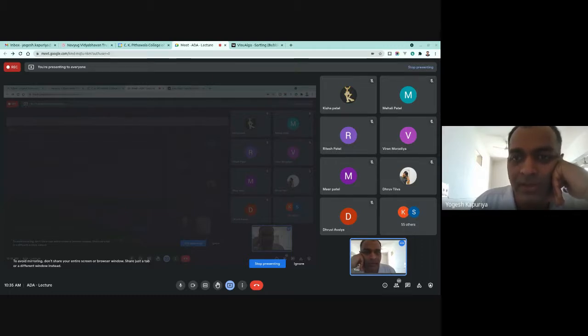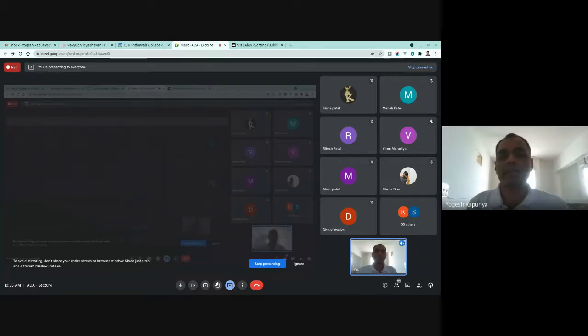2n means if your n is 2, then it is 4, n square means 4. If your n is 3, then this is 2 into 3, 6, n square is 3 square, that is 9. If n is 4, this is 8, 4 square is 16. So that means for any value of n greater than or equal to 2, this is true, that 2n cube plus n square plus 2n is less than or equal to 2n cube plus n square plus n square. Again, n square plus n square means 2n square.